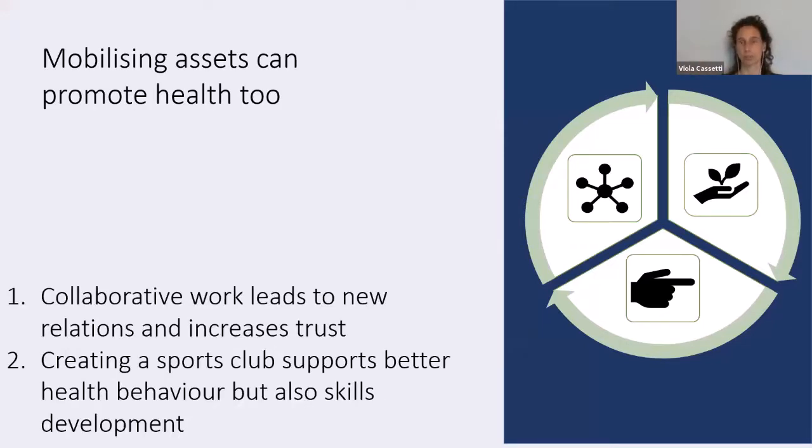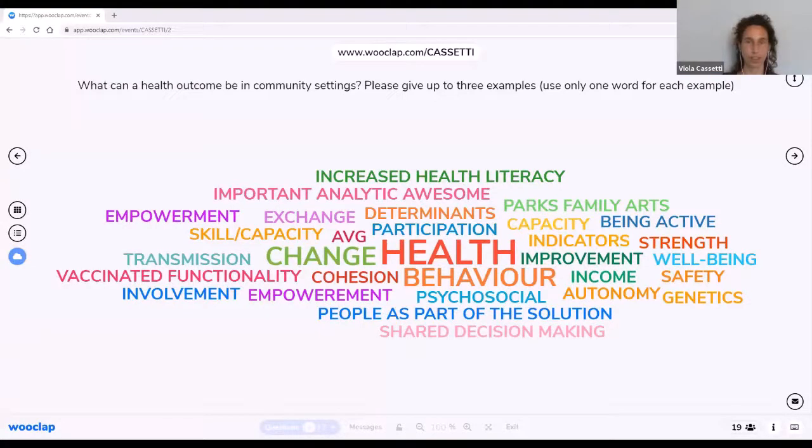So from the example that I just gave, we started working together, and this working together can lead to developing new relationships and increasing trust among community members. And then the second action about the sports club with the young people can support better health behavior for people accessing the sports club, but can also support skills development in people being trained. Okay, so we have increased health literacy,